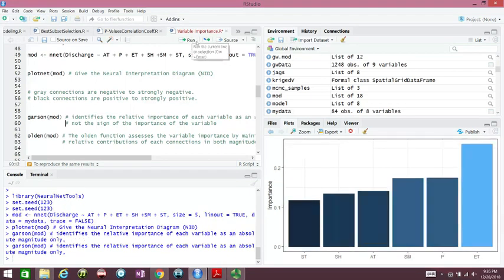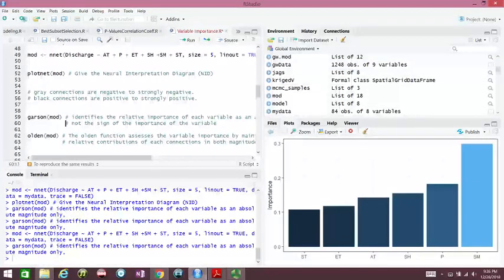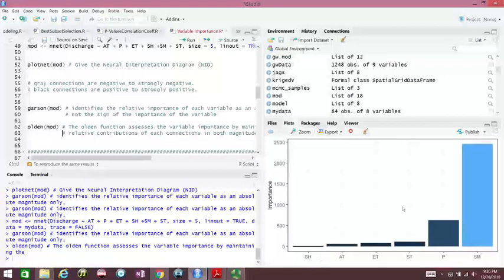Let's run for the second time. You see, okay, I'll come to the model discharge. Okay, now it changes: soil moisture. With this, we don't have the signs, but we have the magnitude. When you use the Olden method to have the plot, you will have the signs and the magnitude, whether it's positive or negative. So you have here